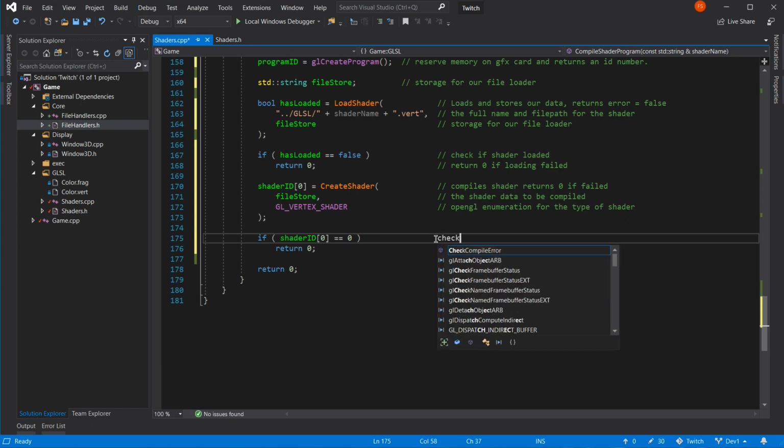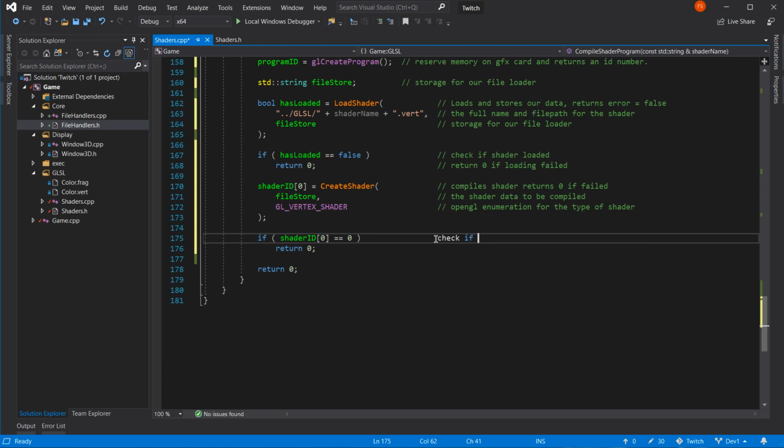Check if shader compiled. Return 0 if compilation failed.